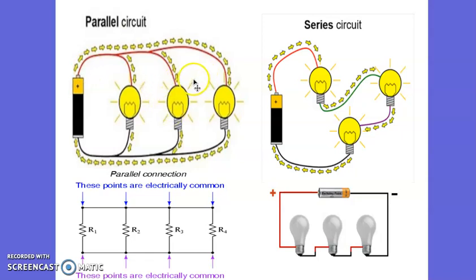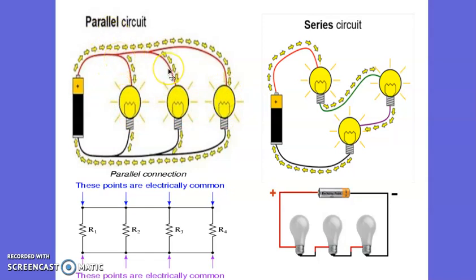Here, for example, if this light bulb here is broken, because it's a parallel circuit, there are many paths, two or more paths in it, still there will be a continuous flow of electricity. Meaning that even if this one here is broken, the other two light bulbs here will work. Because the electricity will flow this way and the electricity will flow this way. Meaning still, if one is broken, two or more appliances will still work because there are more than two paths